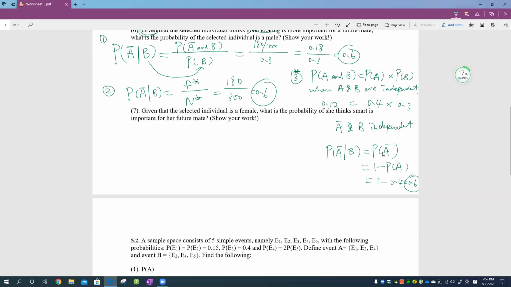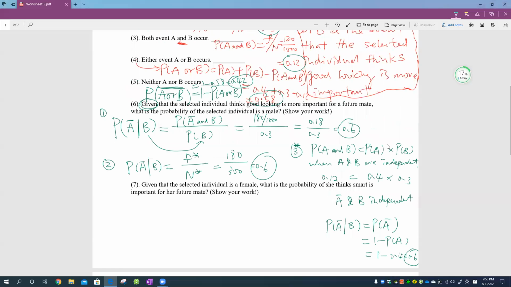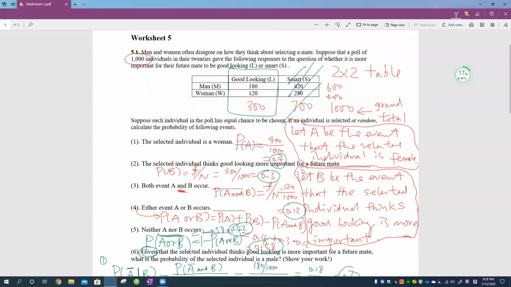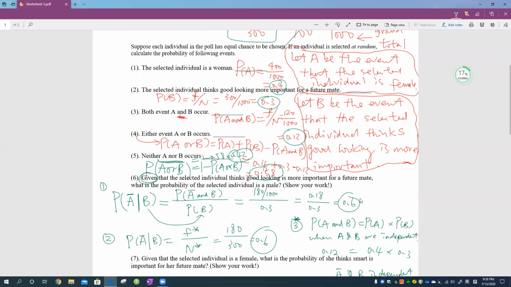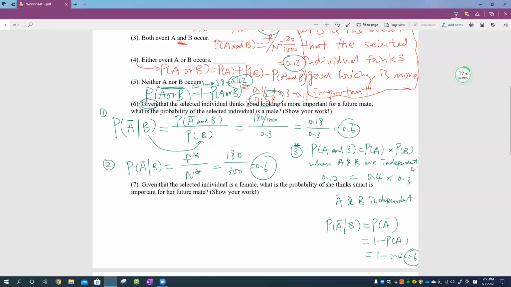So again, using the third way, independency, we can still solve the question, but note that the third way is only good for the specific question, where you can find the relation that probability of A times probability of B equals probability of A and B. In most cases, they're not equal, so you cannot use independency for other questions.